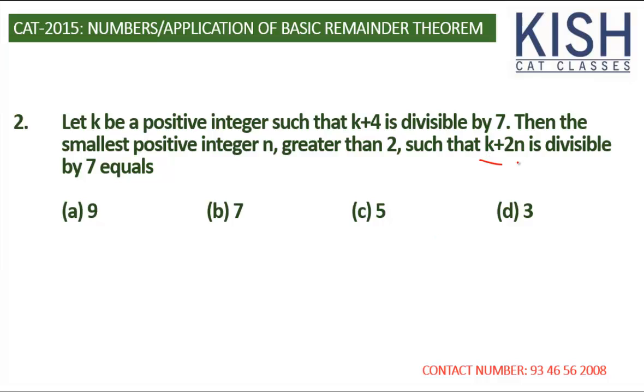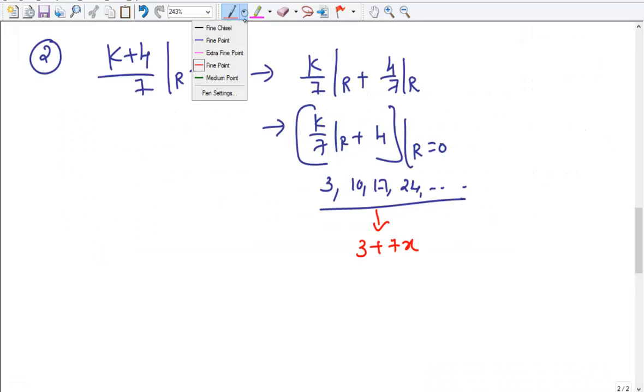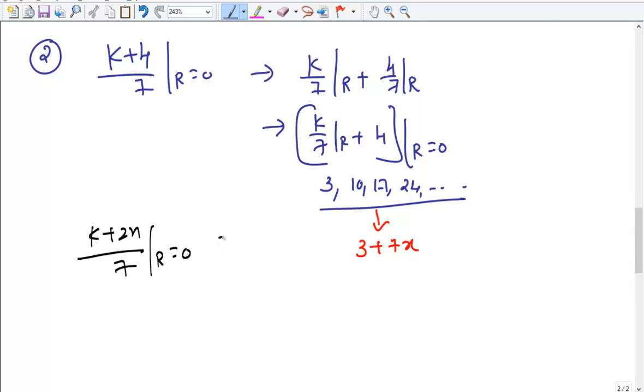Now, if a number is given in the format k plus 2n and that is also divisible by 7, and also n is greater than 2, we need to find n. So here we need to do k plus 2n divided by 7, the remainder given as 0, and n is also greater than 2. How can we do this? We know that k is of the format 3 plus 7x,